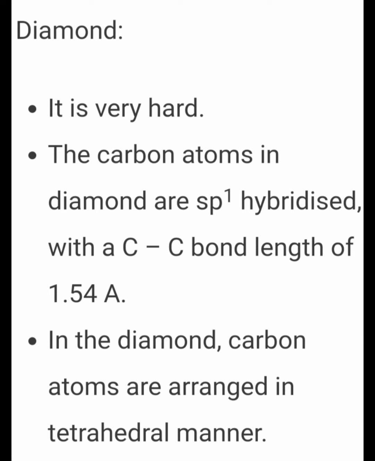The very important points, once again I recall: diamond is very hard in nature. Hybridization is sp3. Bond length is 1.54 Armstrong. Tetrahedral arrangement. All the 4 valence electrons of carbon are involved in bonding. There are no free electrons for conductivity. And since it is hard in nature, it is used for sharpening hard tools, cutting glasses, making bore. This picture shows the structure of diamond.